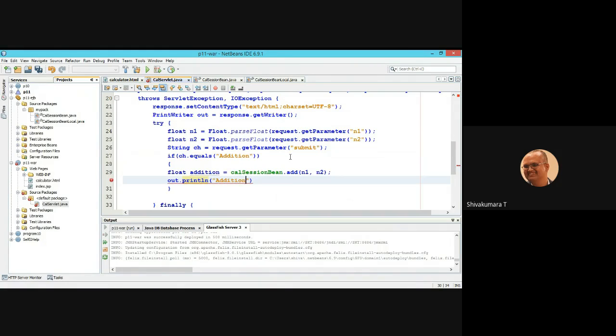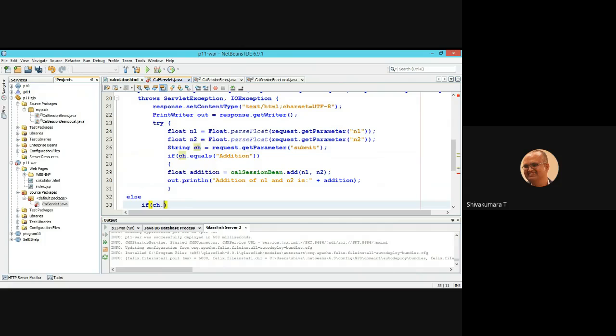Addition of n1 and n2 is addition. Okay.